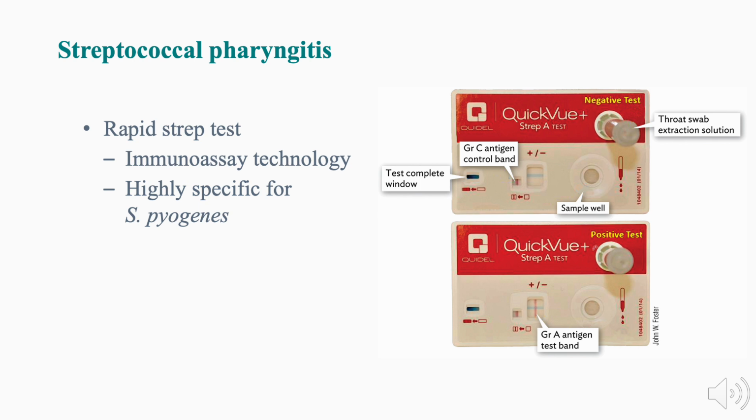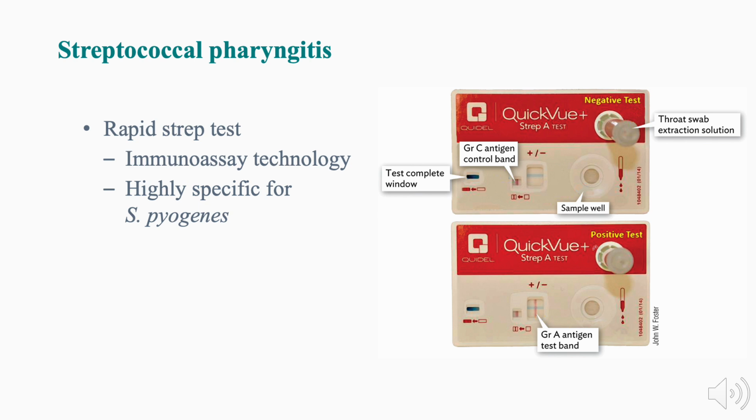There are rapid strep tests to diagnose strep throat in the doctor's office when you come in. The rapid strep test is used to detect Streptococcus pyogenes in a patient's throat. It works by combining extracted antigens from a throat swab with red-tagged antibodies specific to group A strep. If the strep antigen is present, it binds to the antibody, and the complex moves to a membrane with additional